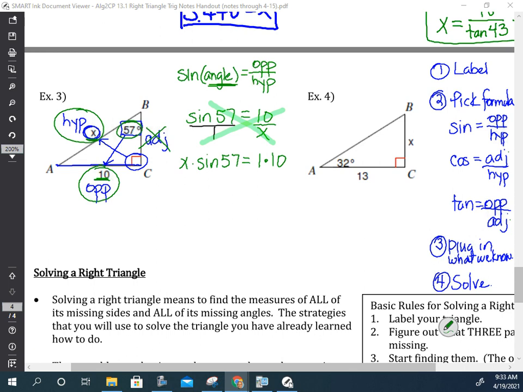So 1 times 10, that's easy enough. 1 times 10 is 10. Sine of 57, if we put that into the calculator,